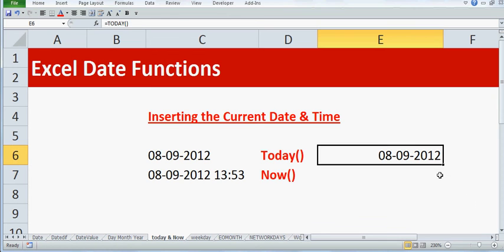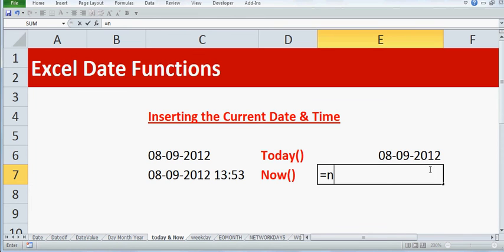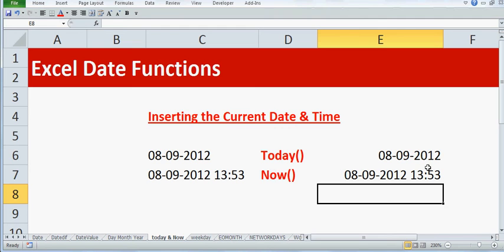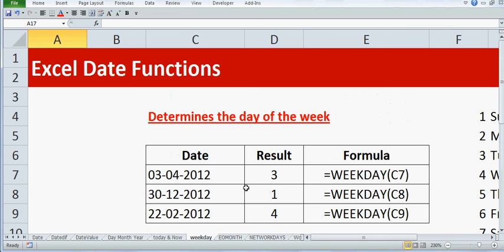So now today's date is 8th of September 2012, so it is showing us the date. This is the output of the TODAY function. If I use the NOW function, along with the date it also gives me the current time. So this is how you use the TODAY and NOW functions. Basically it inserts the current date and time.